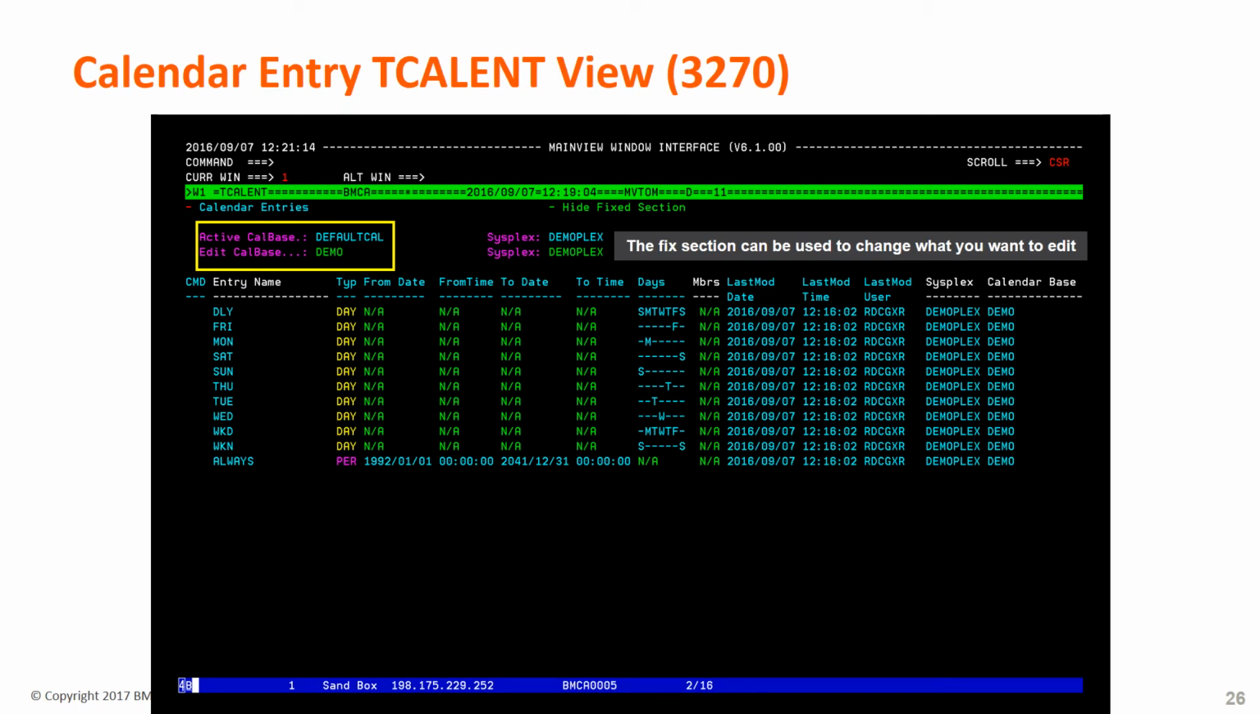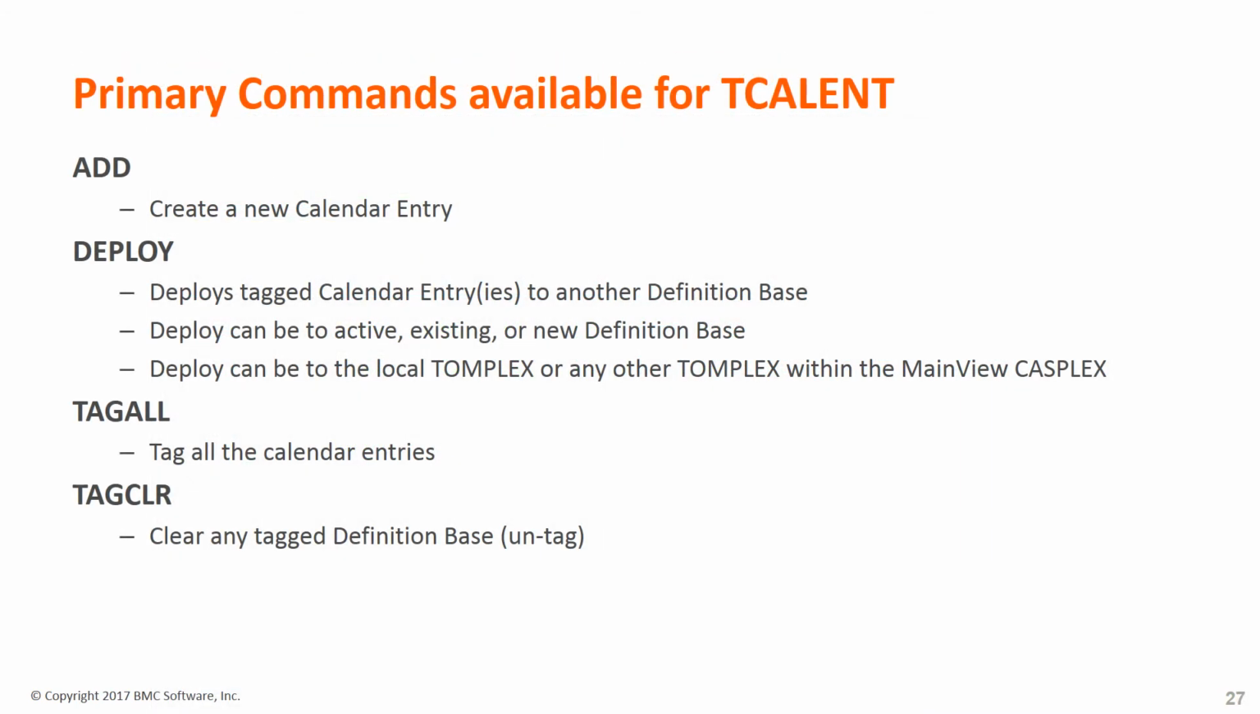Here's an example of the TOM calendar entry view, which contains all of your calendar definitions for all different types. The TOM calendar entry view supports several different primary commands. The first primary command is the add command, which is used to create a new calendar entry in the calendar definition base. There's a deploy command that allows you to deploy tagged calendar entries to another definition base, and that